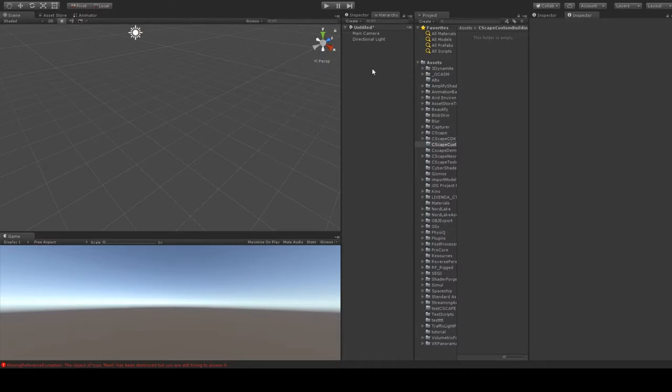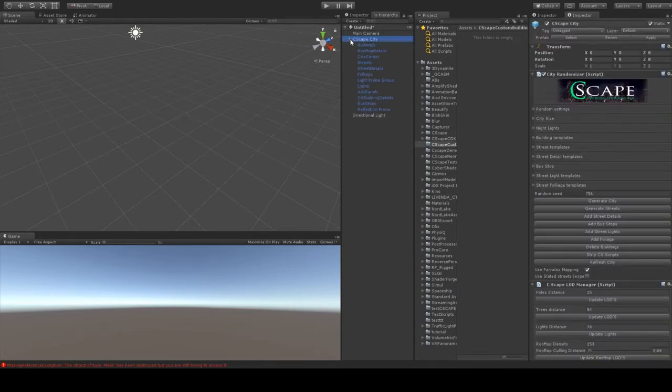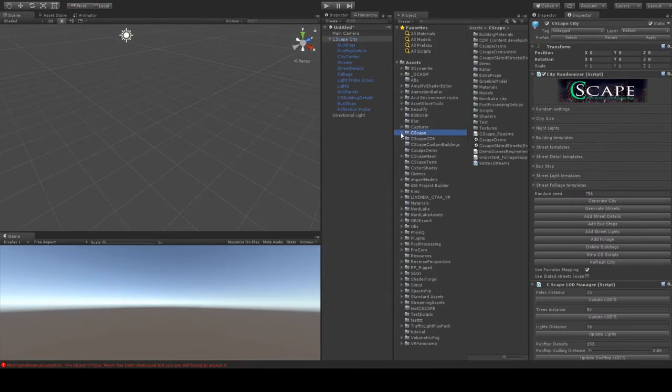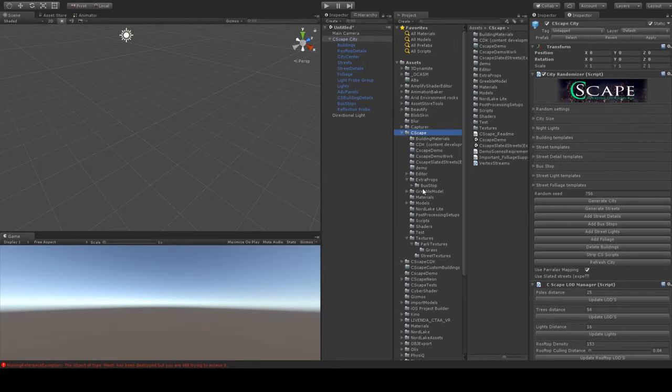So how do we do it? First of all, we will create here a CScape megacity, but we won't be generating any buildings. The only thing that we should do here is to import one of the existing buildings, a single one. So we go to CScape, Editor,